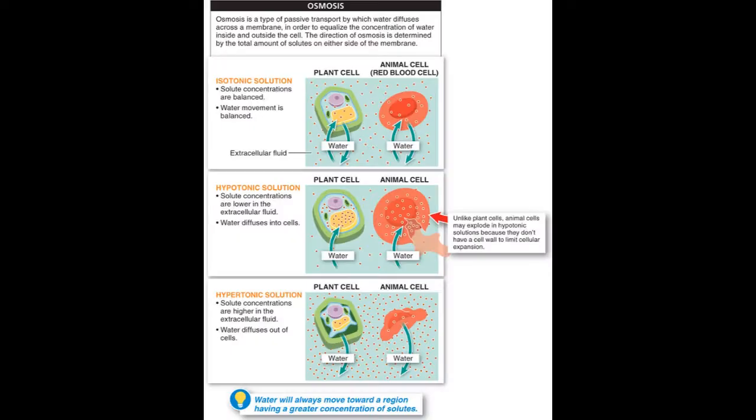Today we're going to learn about osmosis and how it's really just passive diffusion of water across a membrane, which we've already talked about in a previous lesson, but we're going to take it to the next level. Just as solute molecules will passively diffuse down their concentration gradients, water molecules will also move from areas of high concentration to areas of low concentration to equalize the concentration of water inside and outside of the cell, which you probably